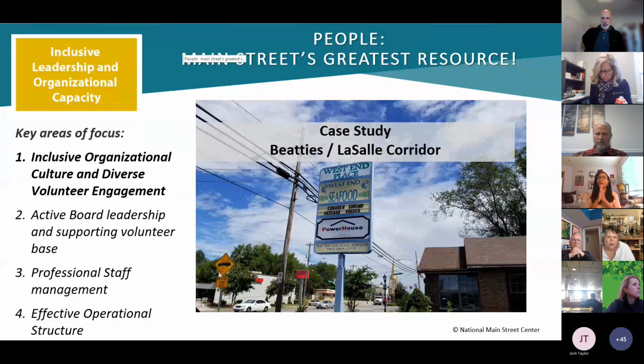So what did we do? This was really an inclusive process to ensure that the community was not only involved in this work, but owned this process, right? So how I started my work,